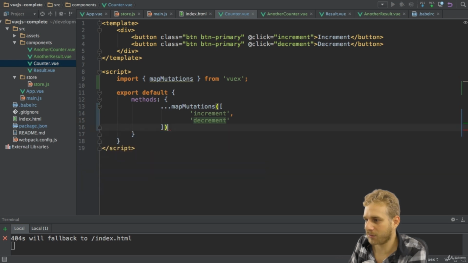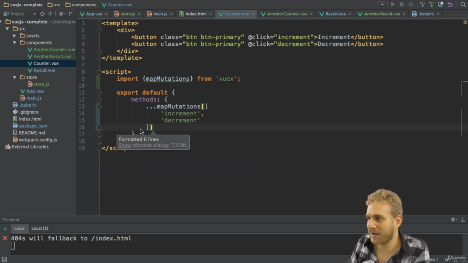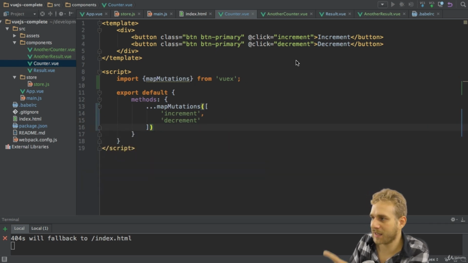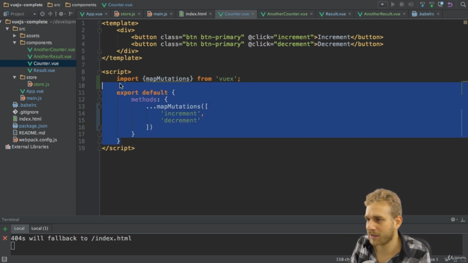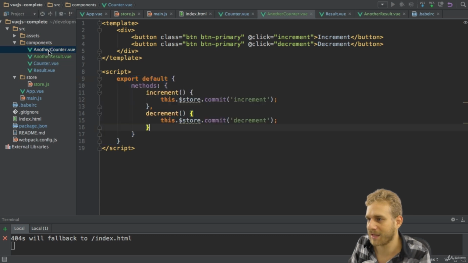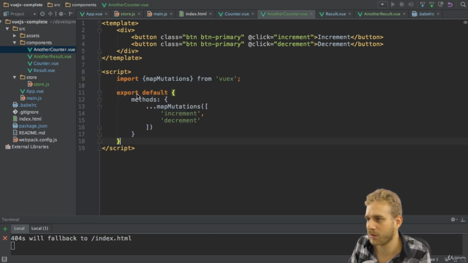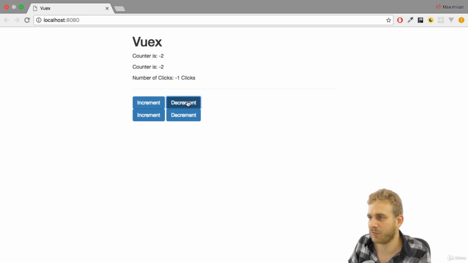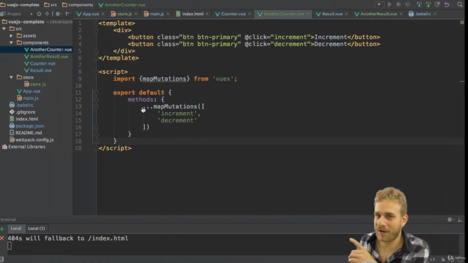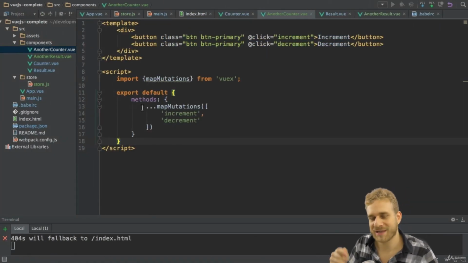So you can write this all like this. And if you write it like this, then calling these methods up here will automatically work since these are the same names. So I will quickly copy the code from here into AnotherCounter and replace it here too. And now let's see if this reloads. It still works as before, but now I think you agree it's much shorter since we map our mutations automatically,